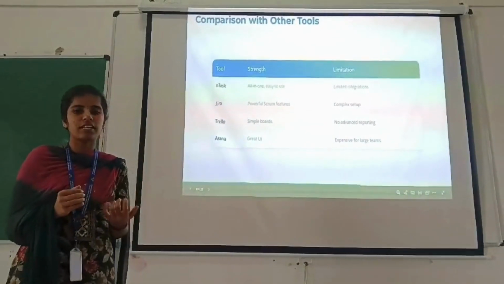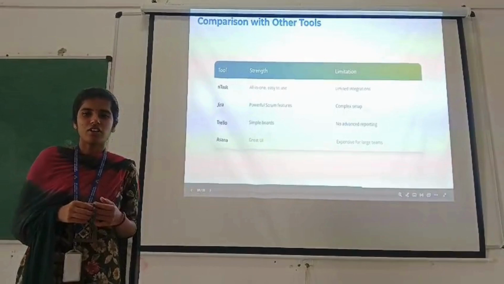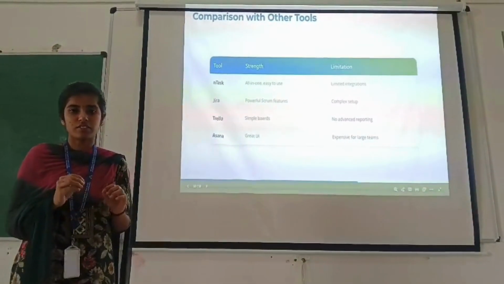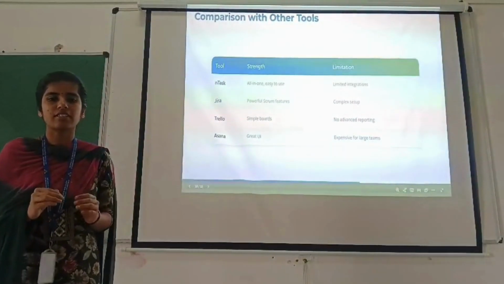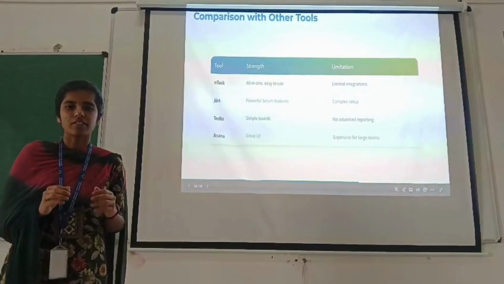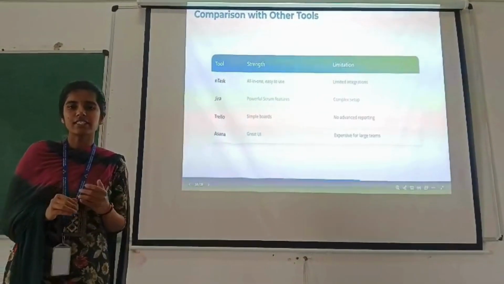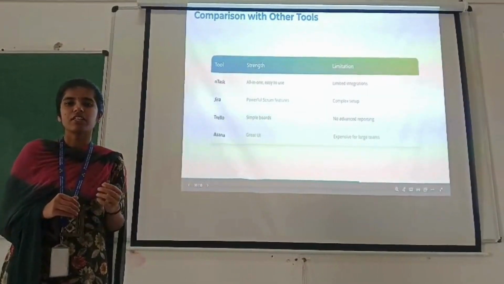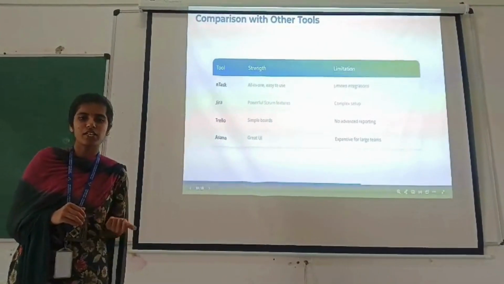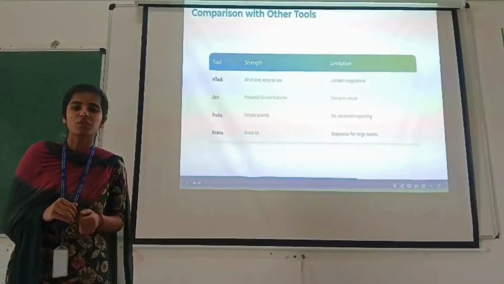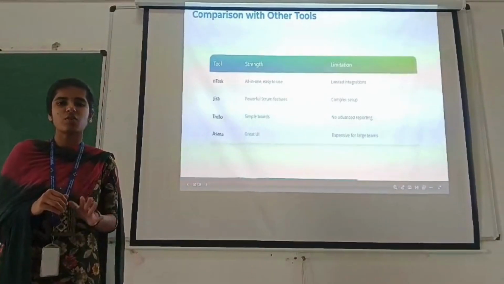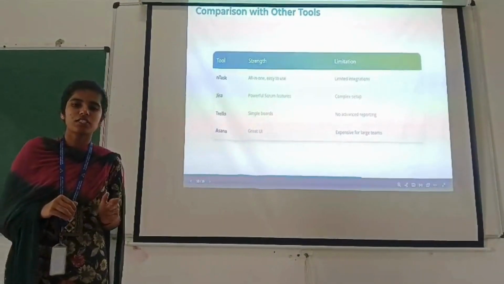Another common tool is ClickUp. It is feature rich, but many teams find it too heavy and cluttered, with too many options. nTask, on the other hand, keeps things lighter and easier to use, especially for teams looking for clarity rather than complexity. One of the biggest advantages of nTask over all these tools is that it provides